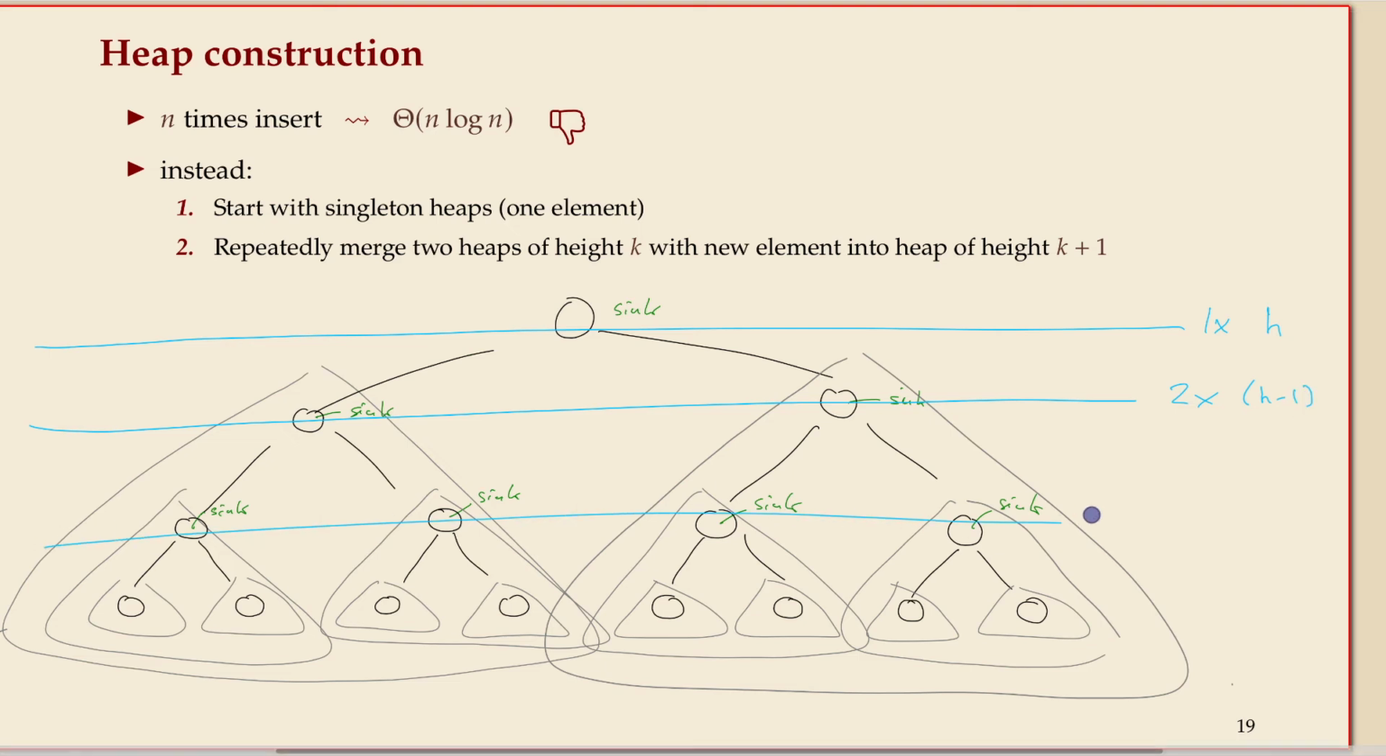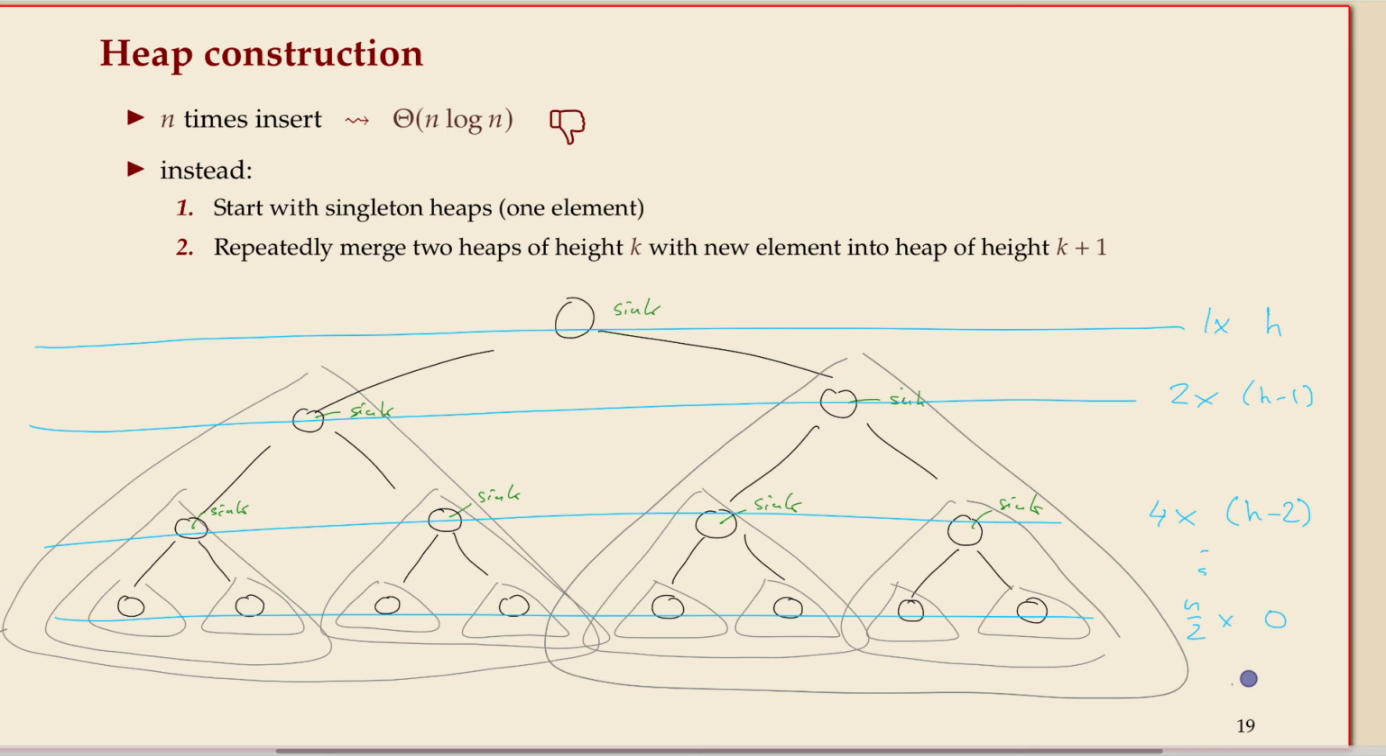If you go 1 level further down, we have 4 times this, but h minus 2. So we go all the way down, and on the last level, we have roughly n/2, and there's a 0 left. At the very last level, we really do nothing. On the levels above, we do 1 or 2. And if you sum up these things,